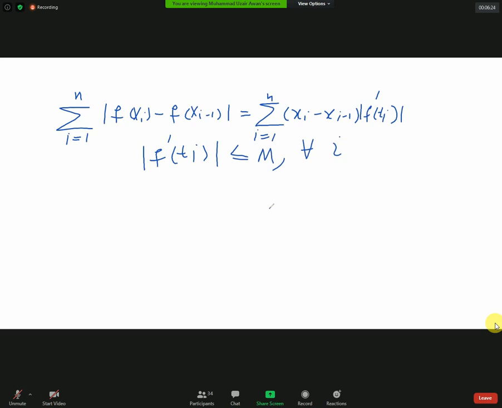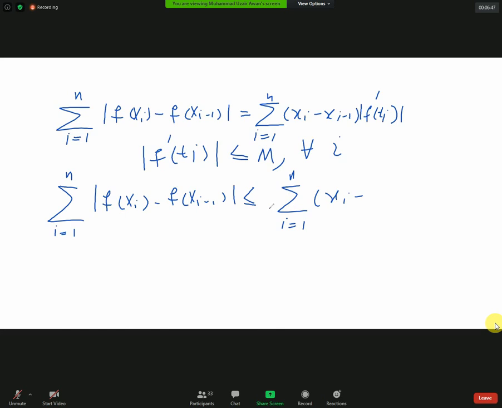So this implies less or equal to M। M को समेशन से बाहर निकाल लें।